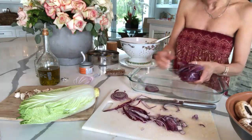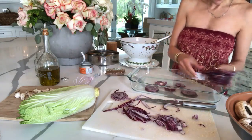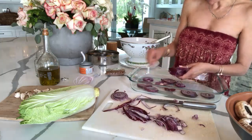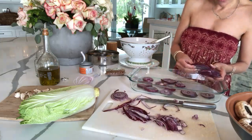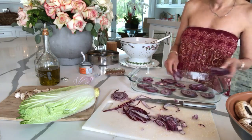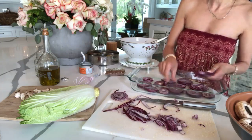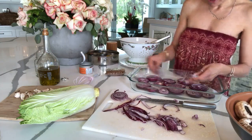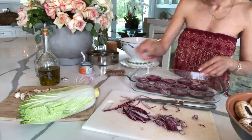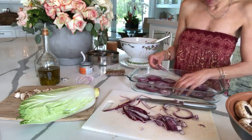We're gonna put the onions in the bottom, the slithers. I love my Pandora. It's playing in the background because my chickens are out in the back. Okay, so these slithers are just going right in the bottom. Smells so good. Fresh ingredients. Right here are my slithers. And then I have non-slithers that are just gonna go